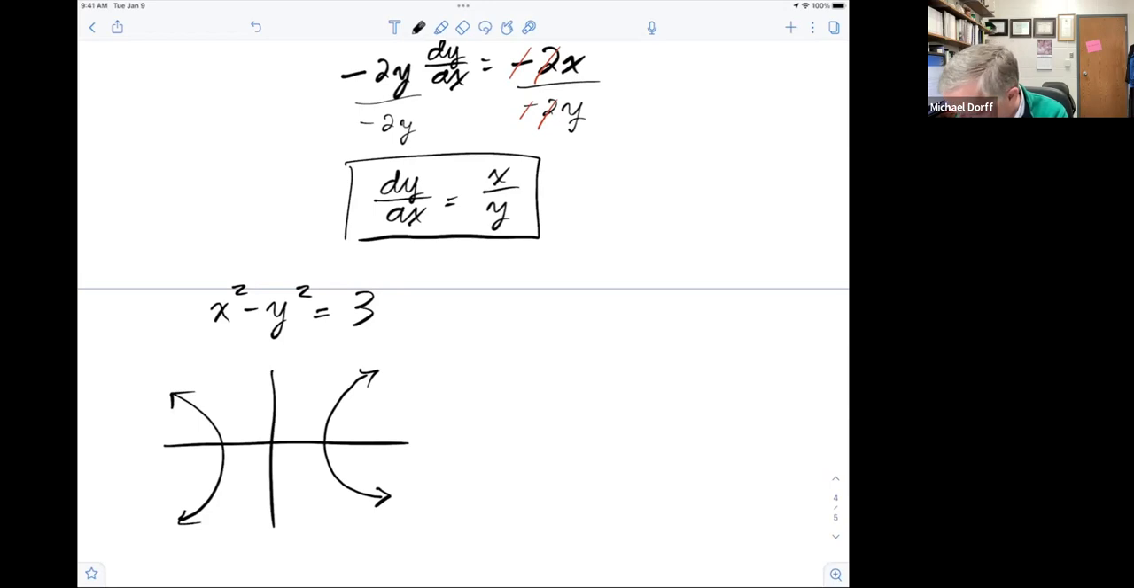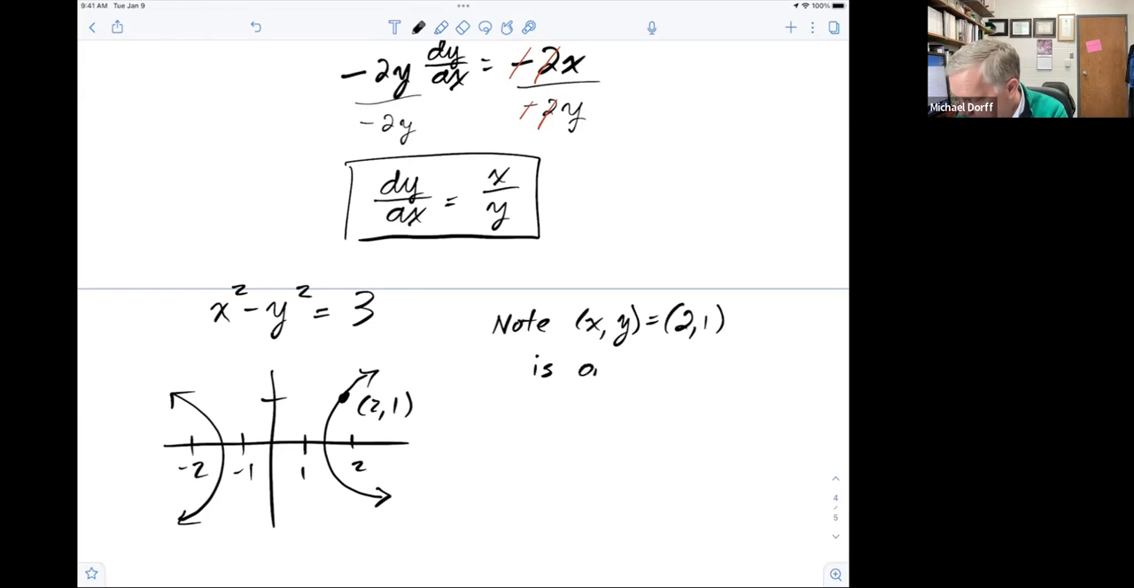And we have a point 1 here and a point 2. This is -1, this is -2. And one point on this curve is the point (2, 1), right? You can check that. If I take the point x, y equals (2, 1), that it is on